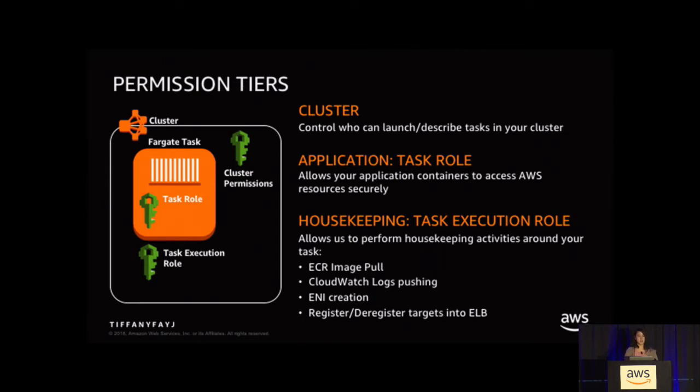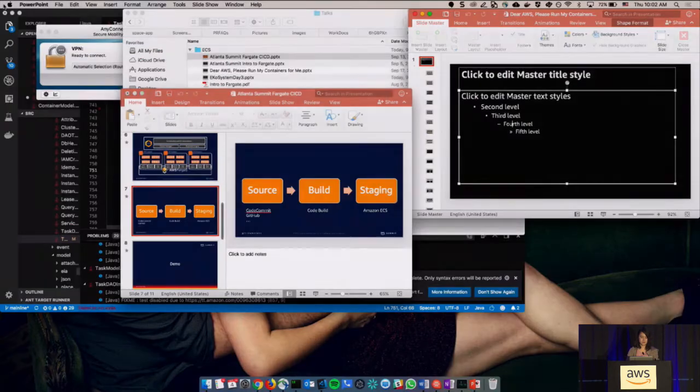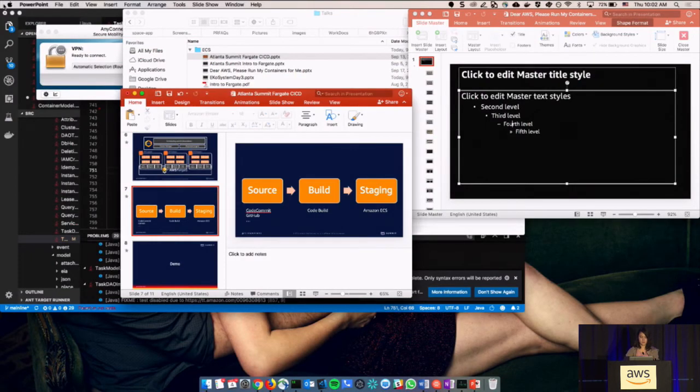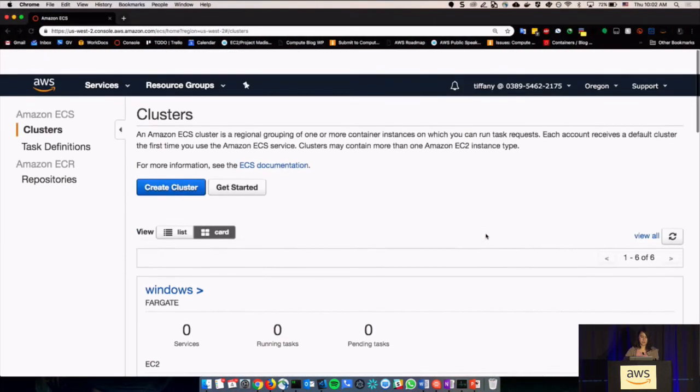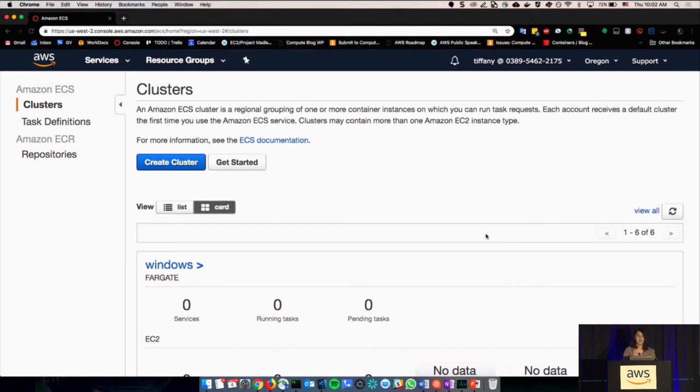So let's take a quick look at what some of this stuff looks like over in the console. Okay, so hopefully everybody can see my screen at the moment.